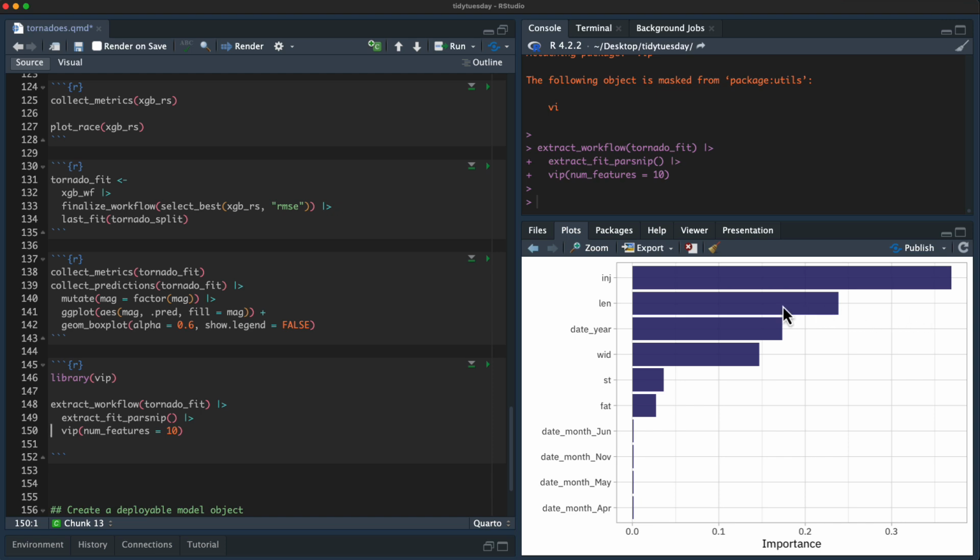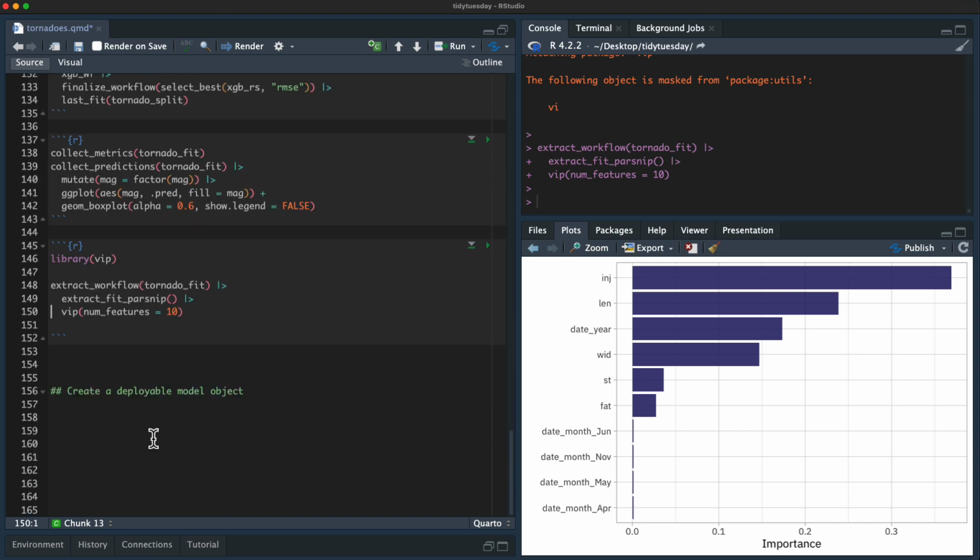Next, length. So how big is it? Length and width are both here. Year is here, which, you know, there is a change with year because of climate change, more extreme tornadoes as time goes on. Also notice state is in here. It's in the top 1, 2, 3, 4, 5, so it's in the top 5 most important predictors. What that tells me is that it was worth it to do the feature engineering that we did. Months are also in here, like April, May, June, tornado time of year.